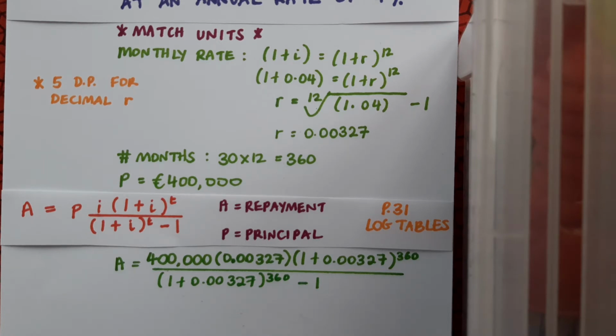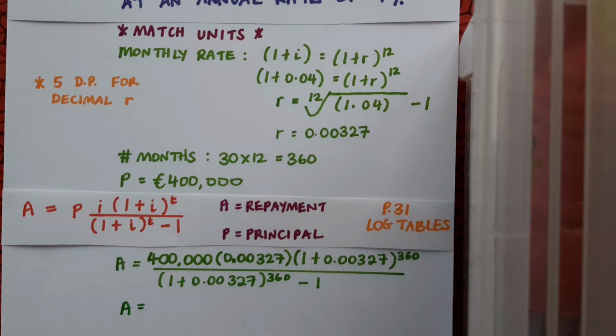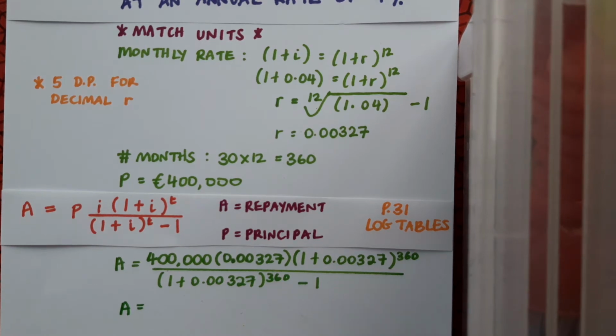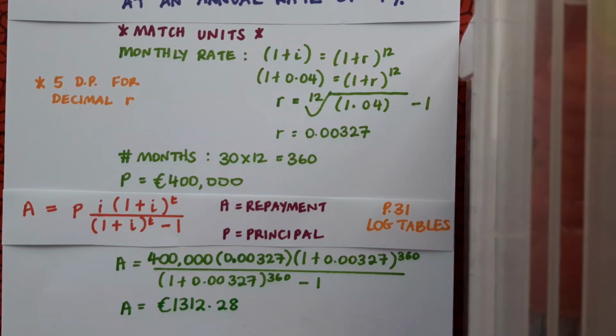Make sure to close every bracket that you open. And again, because this is my final answer in the question and I'm dealing with money, I'll round to 2 decimal places. So in this case, the monthly repayment is